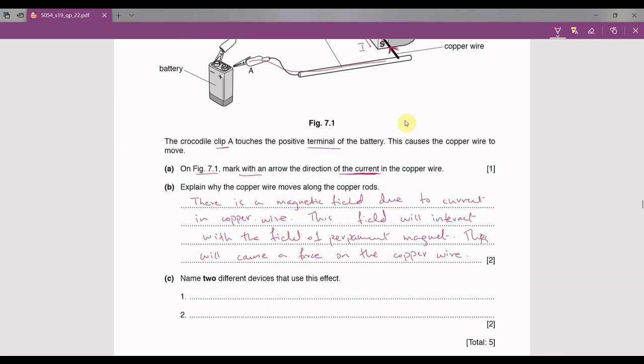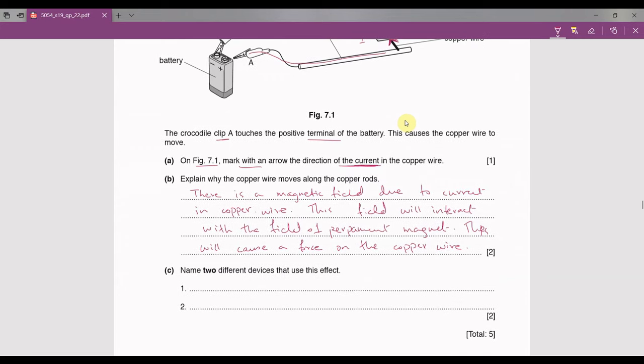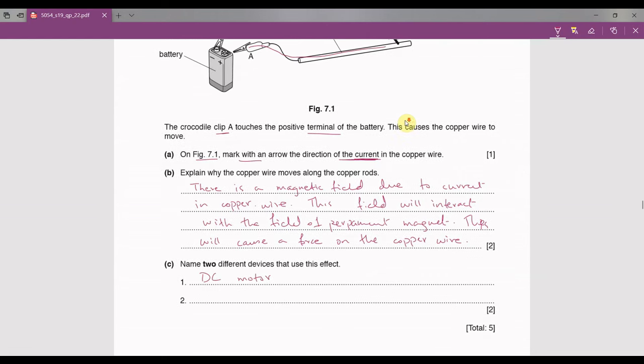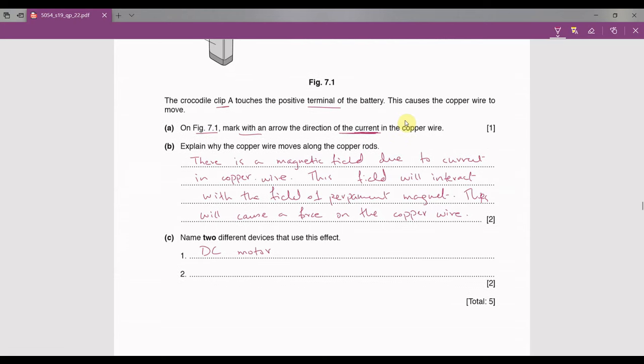Name two different devices that use this effect. Now one is pretty obvious. The DC motor definitely uses this effect, where we have a whole coil of wire, basically multiple coils of wire, placed between a permanent magnet, and when the current passes through the wire, the coil rotates, and that's when we have a DC motor. But this effect is also used in loudspeakers,